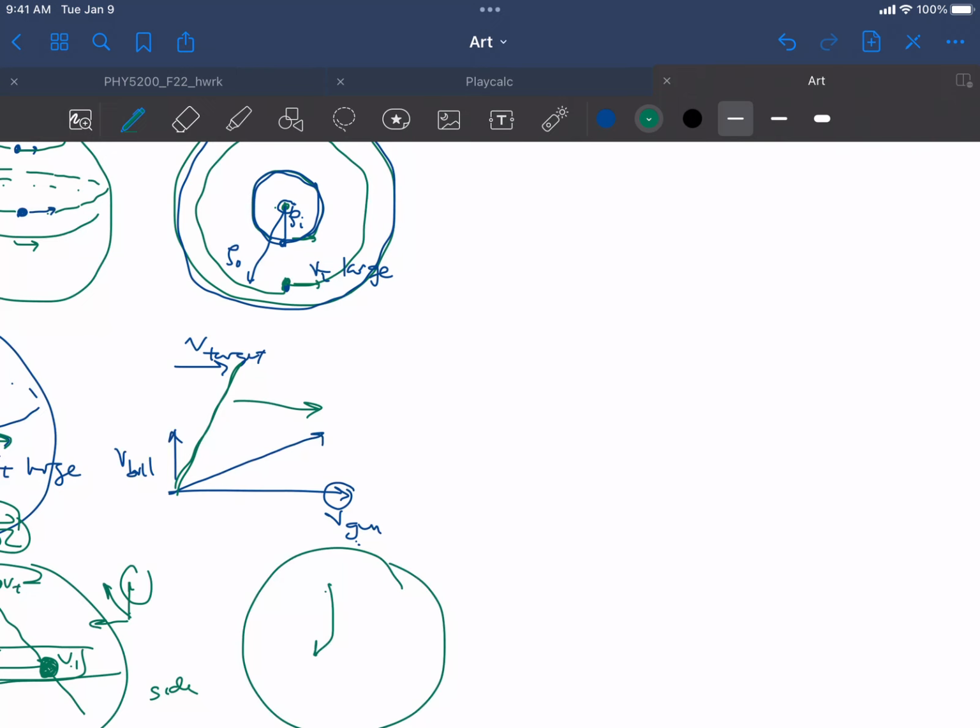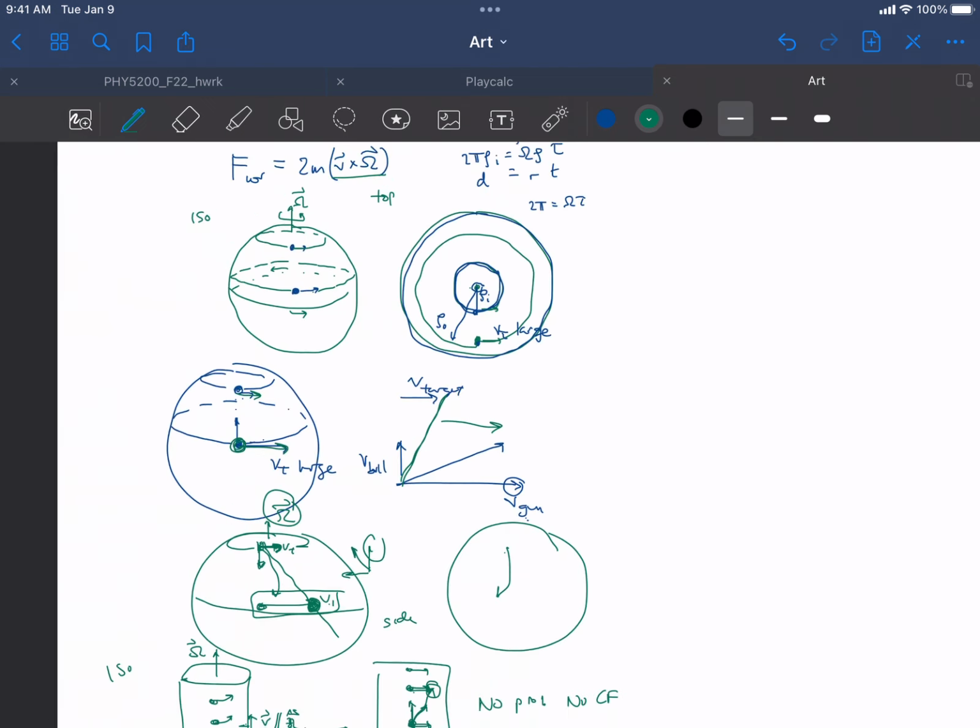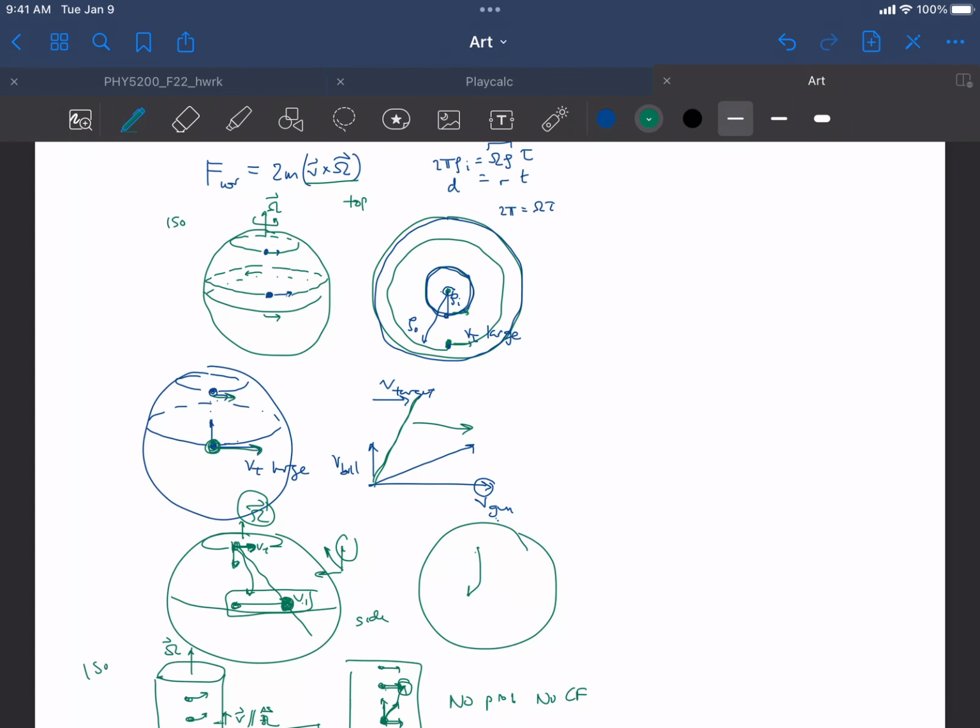And if I fire due west, the Coriolis force is down locally. It's actually interesting: right at the equator, the Coriolis force pushes up or down. But in the northern hemisphere, no matter what direction you fire with respect to the surface of the Earth, it curves to the right from the gunner's perspective, and that's because of